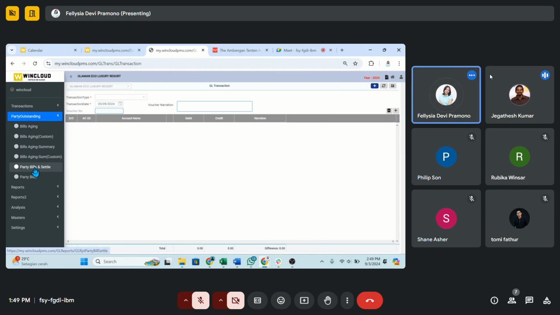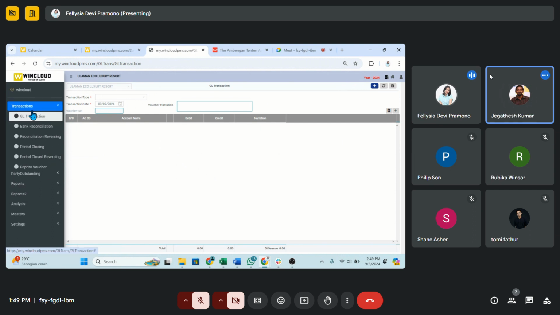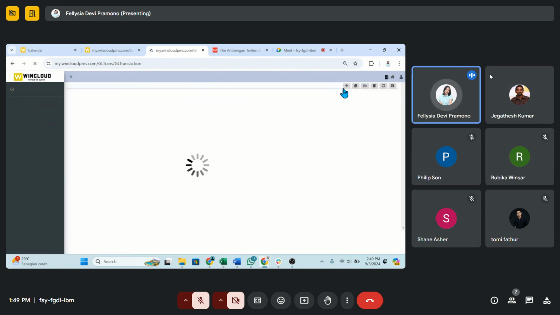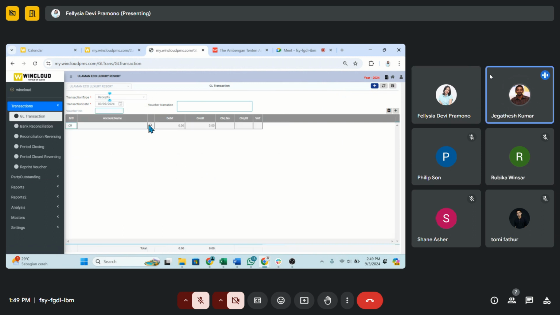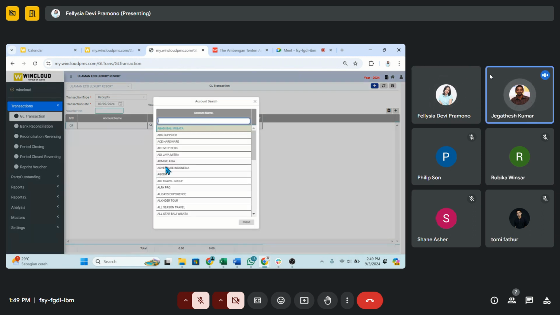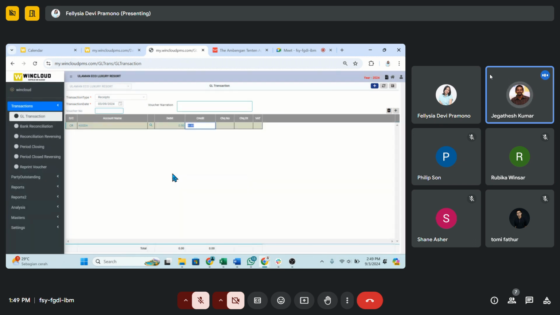So what about receipts? When will we use the receipts voucher? When we receive the money from the vendor or the customer. So if you got the payment from that customer, you have to choose that customer,